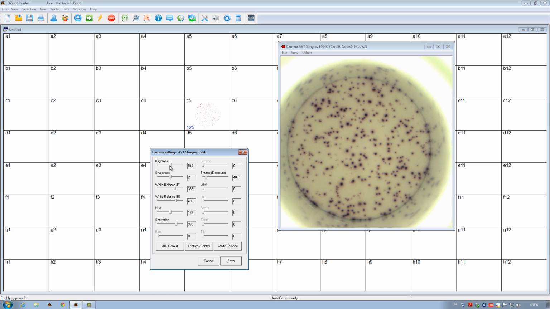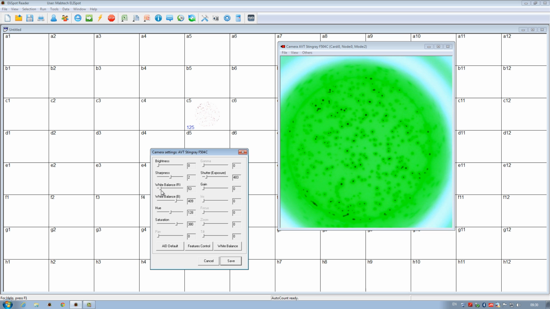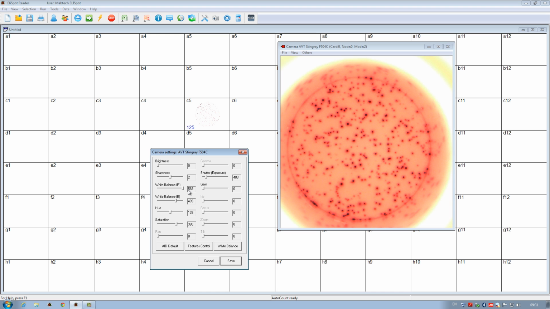Changing the brightness setting only provides small alterations to the camera image. Likewise, sharpness is not particularly dramatic. In contrast, the white balance R and white balance B sliders will significantly change the image composition. A poor setting here can seriously mess up your spot numbers. I like to settle for something where the colors are not too extreme. This usually lands in the upper right echelon of the slider for both the R and B setting, in this case 429 and 456 respectively.